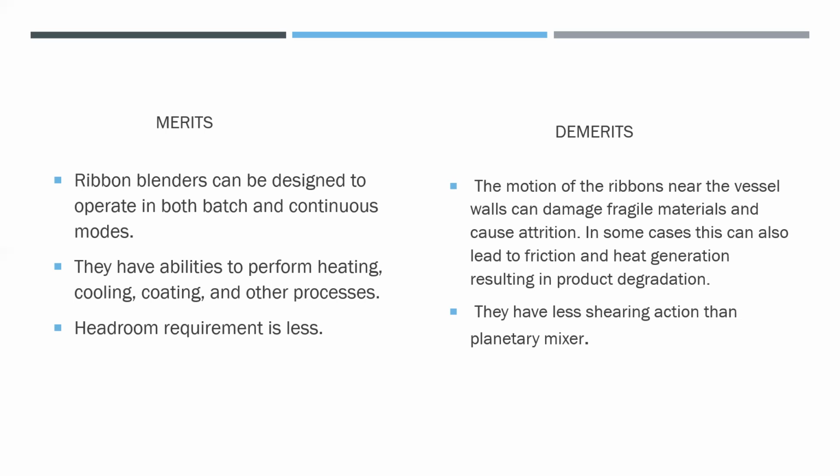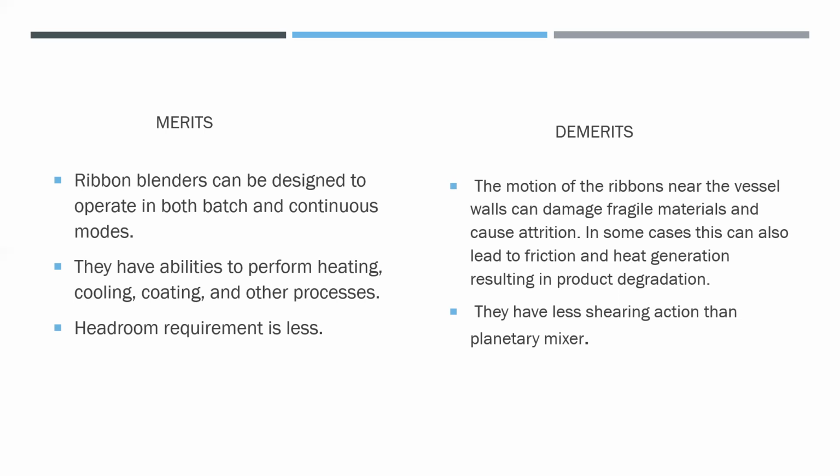the motion जी रिबन ॲजिटेटरचे मोशन आहे किंवा मुव्हिंग रिबन जे ब्लेंडर होतं त्याच्यामुळे काय होतं, जर फ्रॅजाइल मटेरियलचं आपण मिक्सिंग करत असतो त्यावेळी काय इट विल कॉज दिस फ्रॅजाइल मटेरियल आणि त्याच्यामुळे काय होतं ॲट्रिशन फोर्सेस फॉर्म होतं आणि त्याच्यामुळे काय ॲट्रिशन झाल्यामुळे इन सम केसेस इट विल बी फ्रिक्शन, the material will be in friction with the wall of this ribbon blender and so friction मुळे काय होतं heat generation होते which causes product degradation. So this is an important demerit of this ribbon blender.